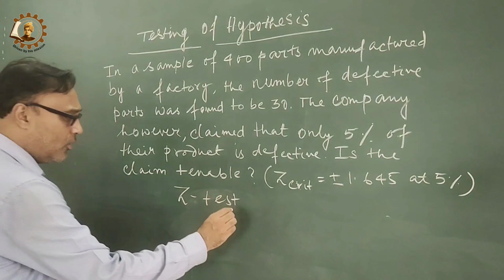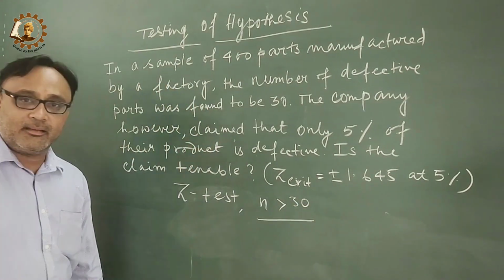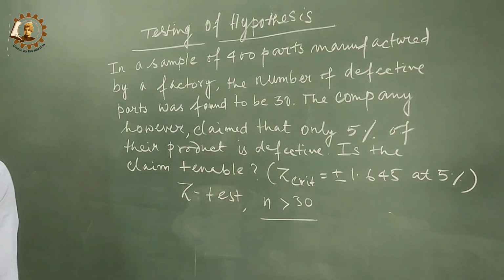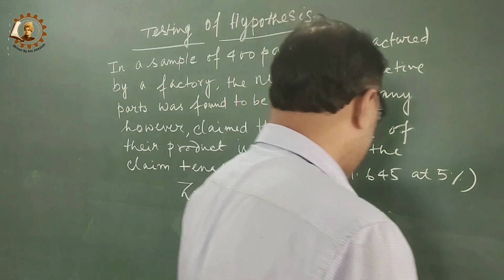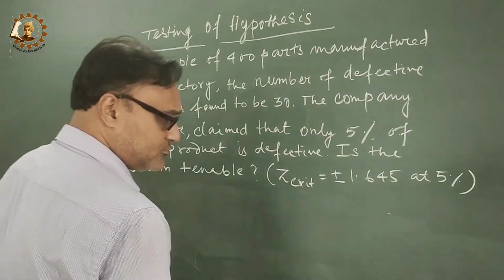Why Z test? Because n is greater than 30. If n is greater than 30, we generally go for Z test. If n is less than 30, we generally go for T test. So here n is greater than 30, we will go for Z test. Now let us write the